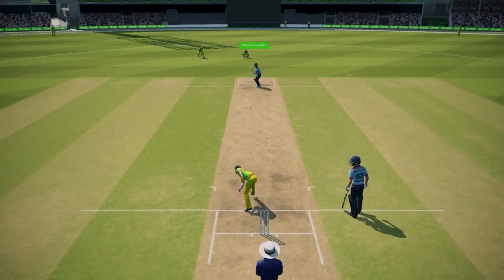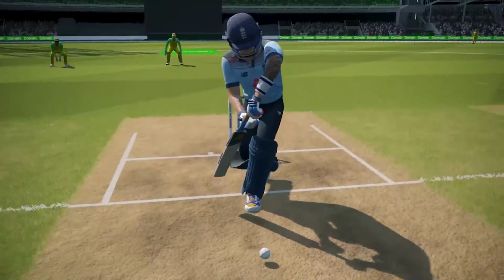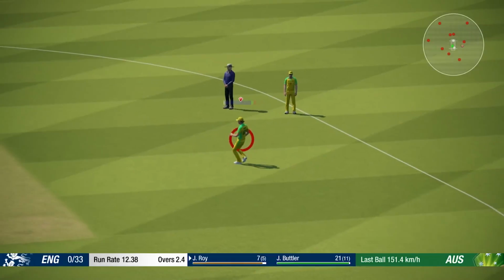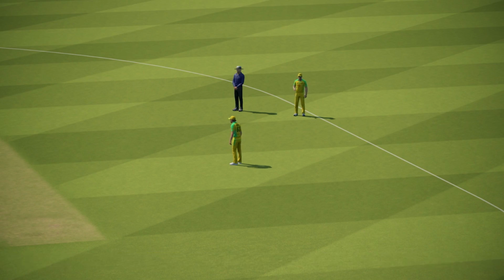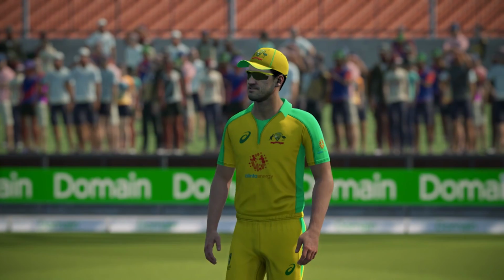So I aimed it outside the off stump, and you'll see it swing back in. It's probably tracking to hit middle and off there, I think, as it came back late. But basically, that's what you want to try and do. So you want to try and get it so that you account for the change that it's going to have